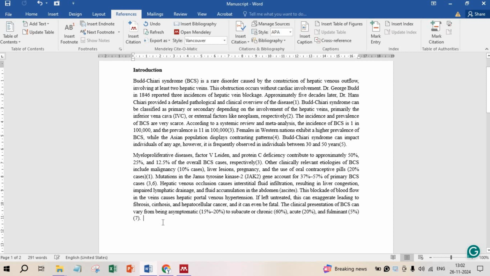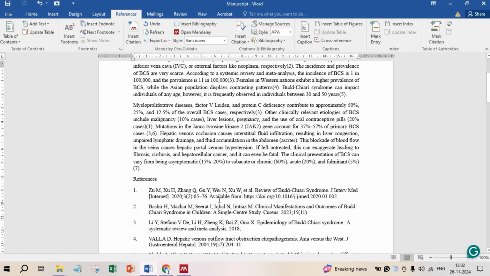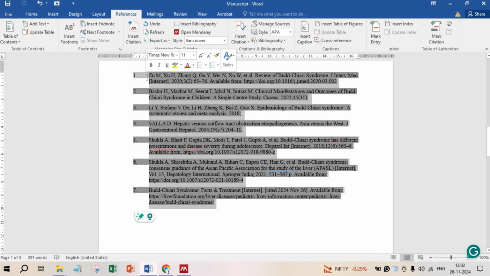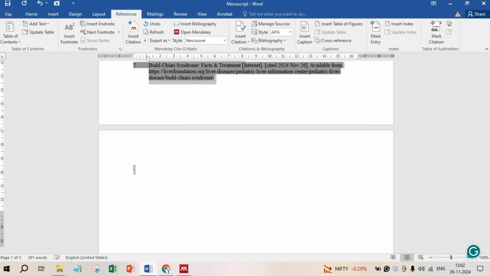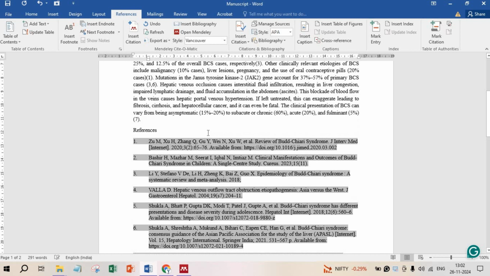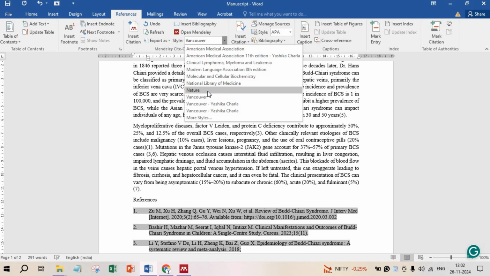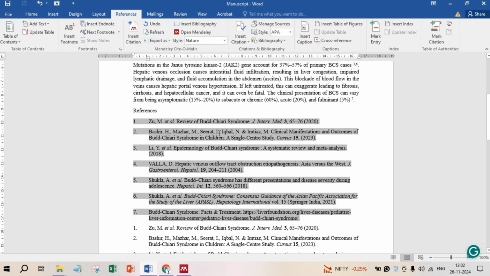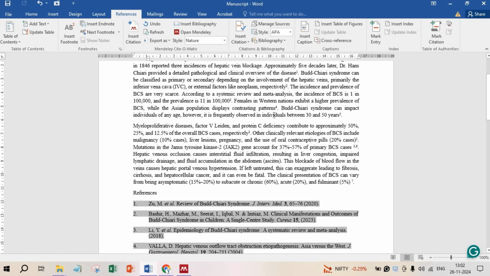The formatting has changed from superscripts, it has turned into brackets and the numbering. Now what you can do is just click on References and click on Insert Bibliography, and your bibliography would be inserted. I think I have inserted it twice, so I can just delete one. Yeah, see, your bibliography is inserted, even your link to the website as per Vancouver format. If you want to change the style, just click on Nature, and then the references are changed as well as the in-text citations.